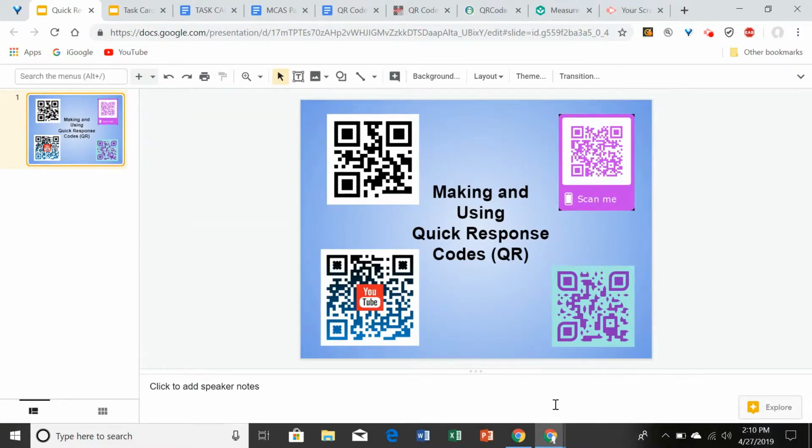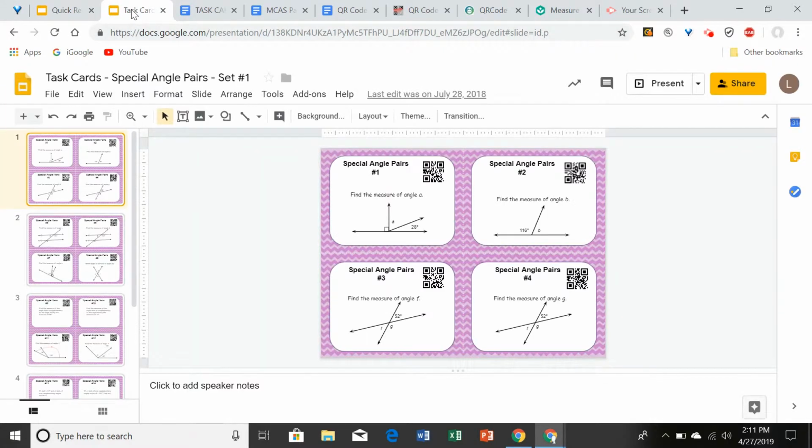In this video, I'm going to show you how to make and use quick response codes. I use quick response codes for task cards, where the code has the answer to the individual problems on each task card, which students can then use their devices to actually check the answers to the questions that are on